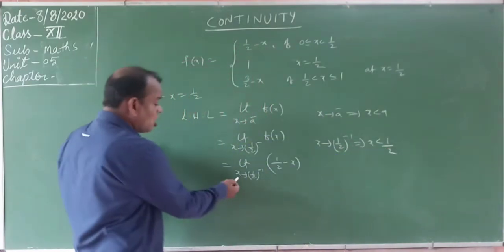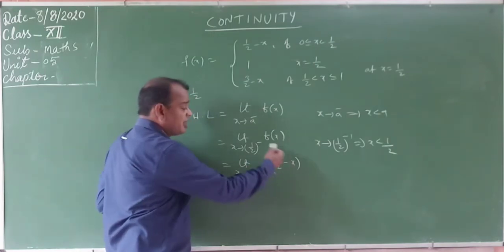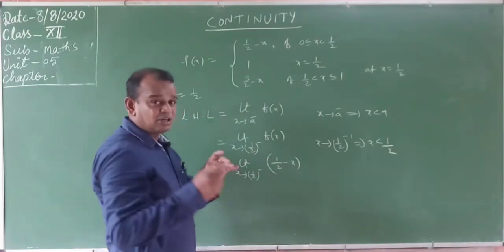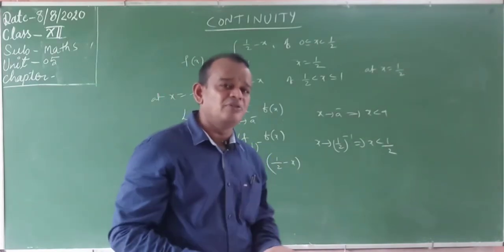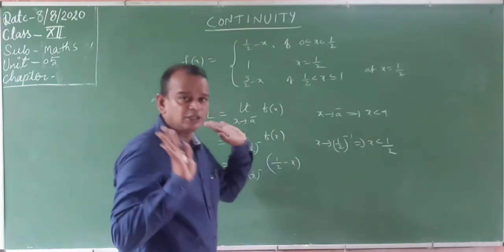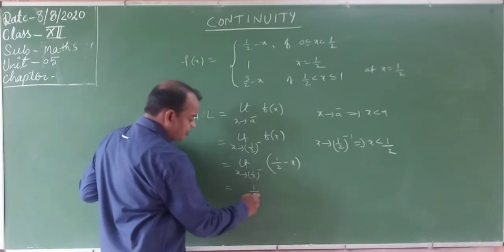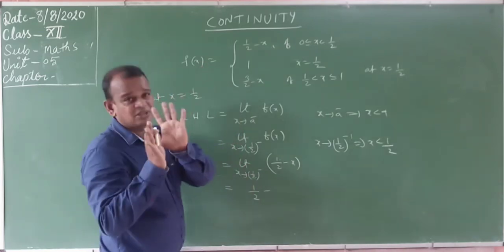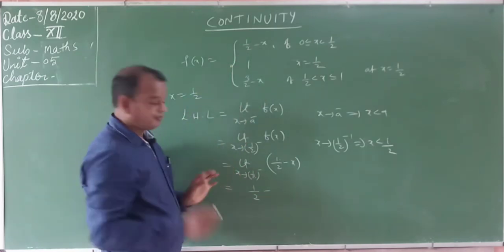Now substitute the value. How much do you substitute? Instead of x, whenever you write the function, you write 1 by 2 only, not 1 by 2 minus. The minus indicates which function we will take. X tends to 1 by 2 means instead of x you put x is equal to 1 by 2. Now substitute into the limit; 1 by 2 minus x value is how much? 1 by 2 only. The power minus or plus means nothing here. It depends only on which function we choose.